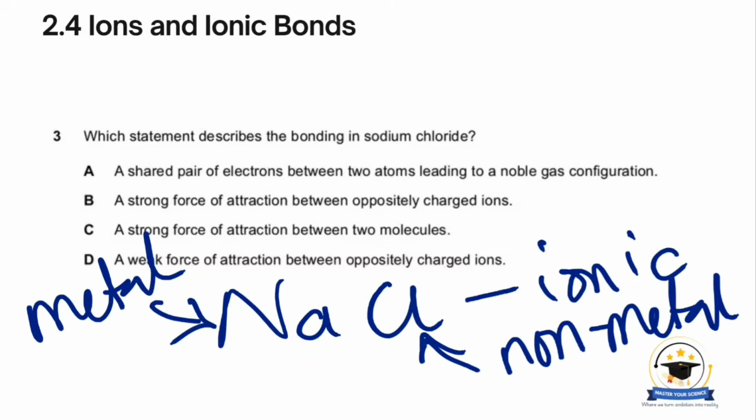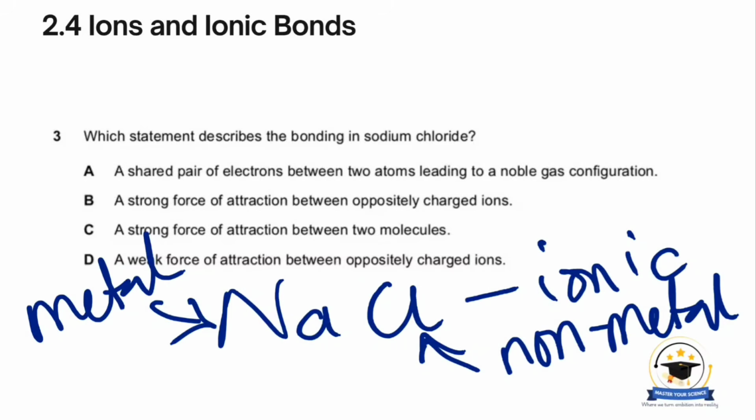So when a metal loses electrons, it forms a positively charged ion, which we call a cation. And non-metals prefer to gain electrons, and when an atom gains electrons, it forms a negatively charged ion, which we